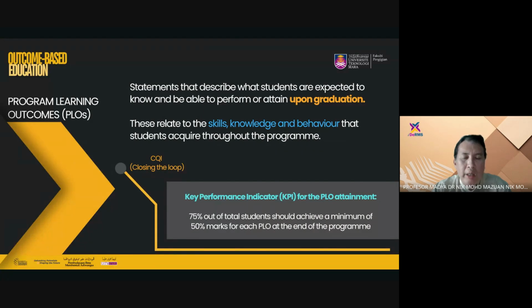For our faculty, I would say personally, we do not have a good CQI mapping yet. We still need to figure it out. Other universities have built their own system to measure these KPIs. For our university, during Prof. Aida's time as dean, she showed us how to calculate the PLO attainment using the Excel calculator. That one can be used.